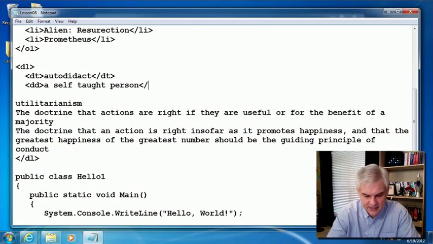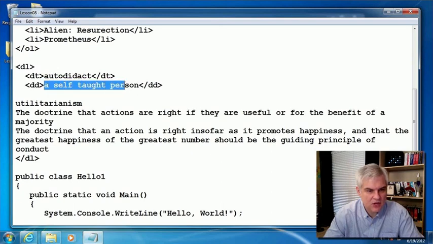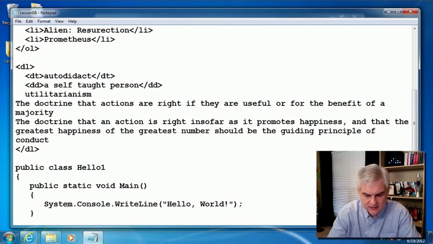So I'm just wrapping each of these in a series of DTs and DDs. So in this case, autodidact is defined as a self-taught person, whereas utilitarianism, another definition term,